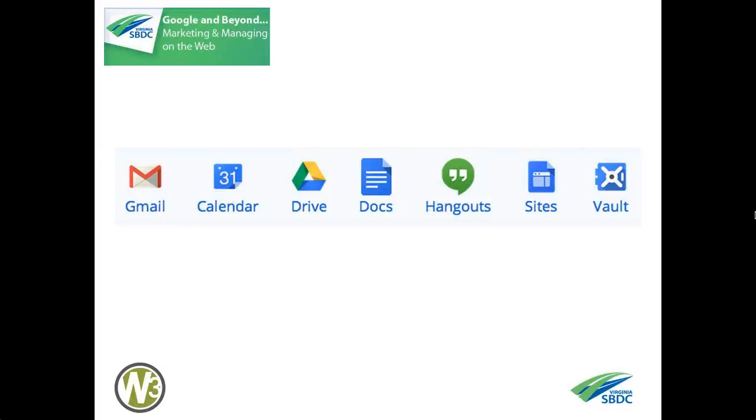Next up is Sites. Sites is Google's answer to the web building product. So Google had Google Page Creator way back, and Google Page Creator allowed you to create simple websites. Well, Google Sites is now that tool, and it's grown up pretty much by leaps and bounds. Google Sites itself is a very strong web publishing tool, and for a business that doesn't want to